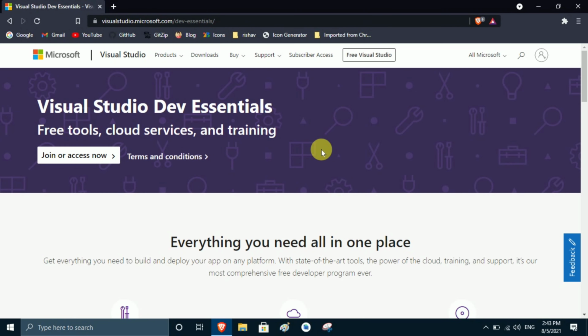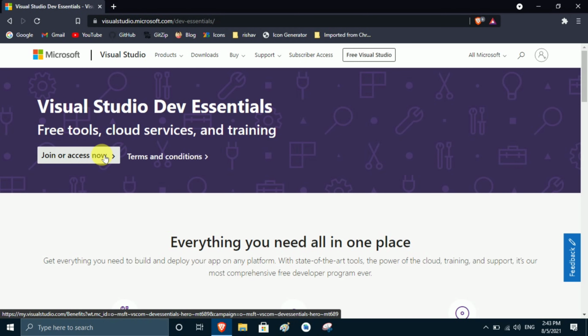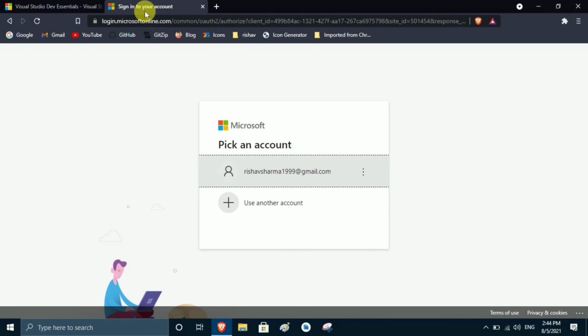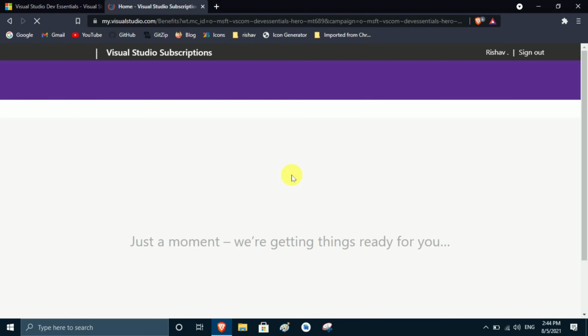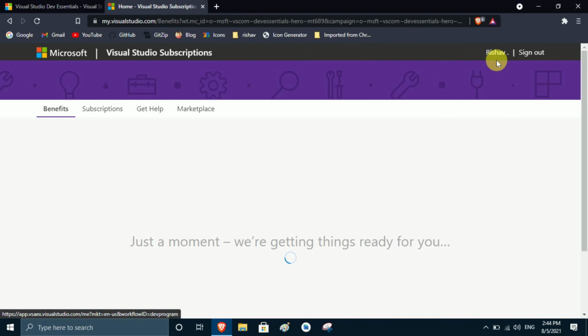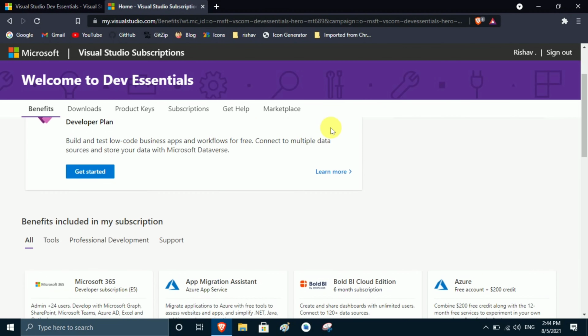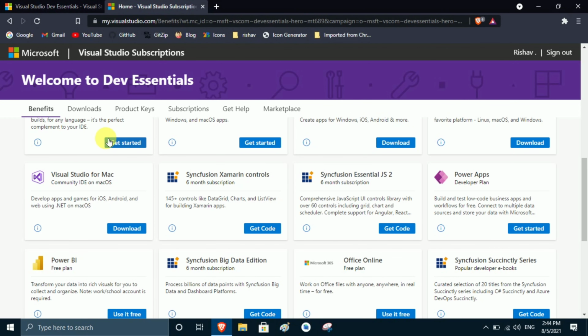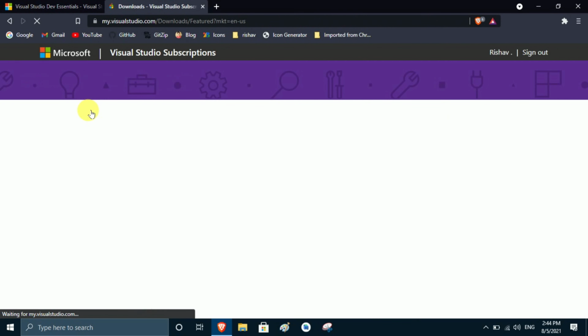Now I click on join or access now, and when you click on this, another page will appear and here you have to sign in with your Microsoft account. My Microsoft account is already listed here, so I click on this and my Microsoft account is logged in to this Visual Studio website. Here you see my name appears. Now we scroll down and here you see other software is also mentioned, so we click on the download option